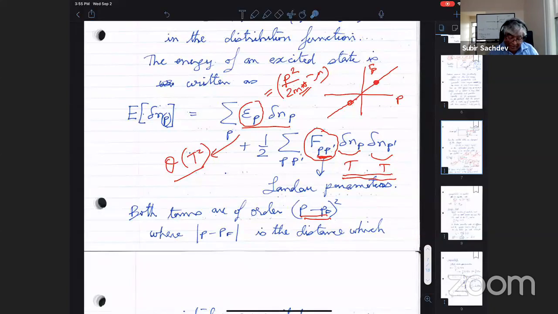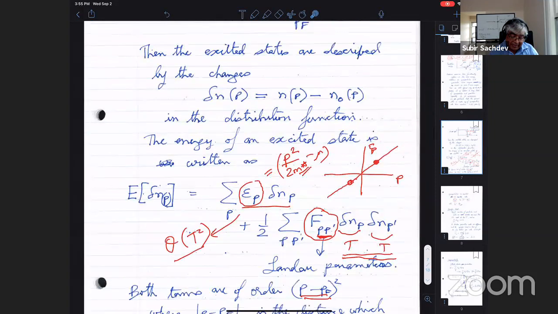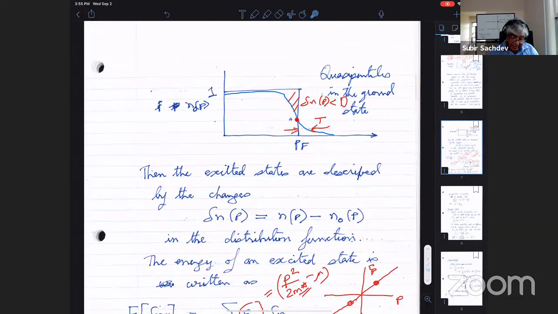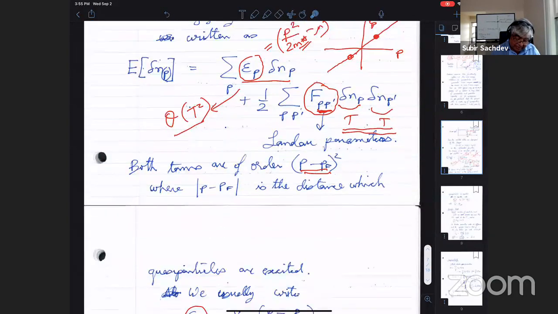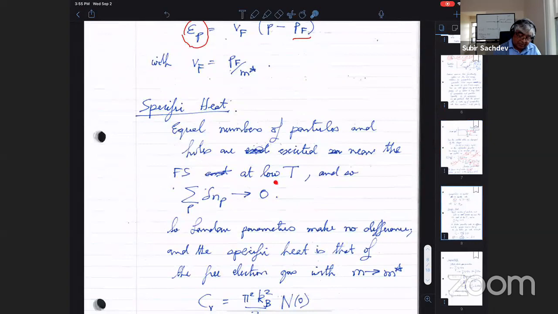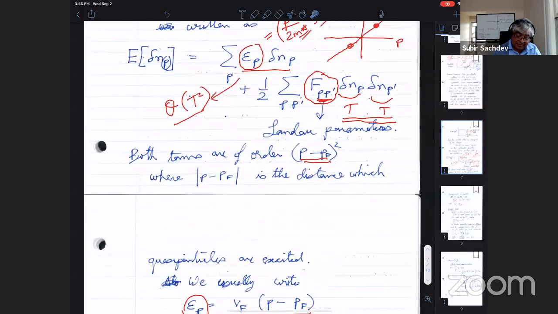And why is that? Well, to figure out the change in energy, you have to integrate over p and p prime in thermal equilibrium. What you notice about delta n of p when you look at this is that if you take the integral under this region and this region, they're equal to order T cubed. So if the dispersion is linear, this area is equal to this area. So when you sum over p here, the sum over p of delta n of p goes to 0 with temperature. And therefore, this term doesn't contribute.